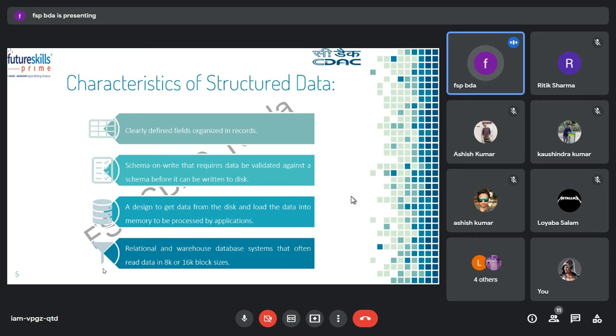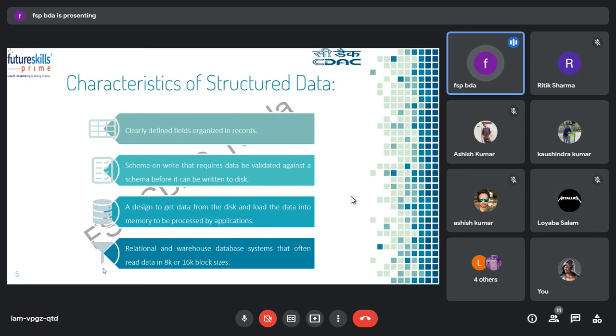But now your data is in very large amounts, it is voluminous, in petabytes and zettabytes. I hope you are aware of these terms: kilobyte, megabyte, gigabyte?